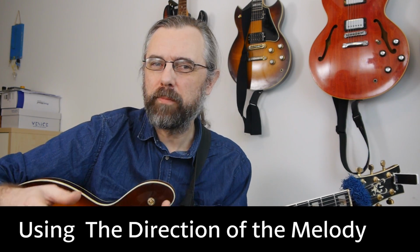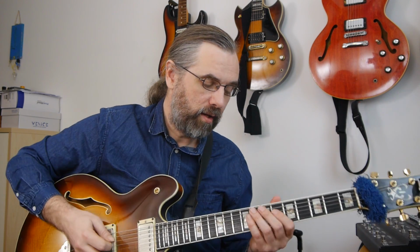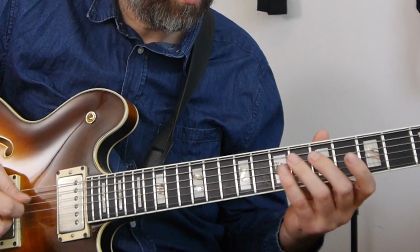Another way of working with call and response, if you want to be a little bit more subtle about it, is that if you're playing a melody that is going in one direction, that can serve as a call, and you can make it a response already by playing something in the opposite direction. What I mean is, if we take the F7 and the B flat 7 again,